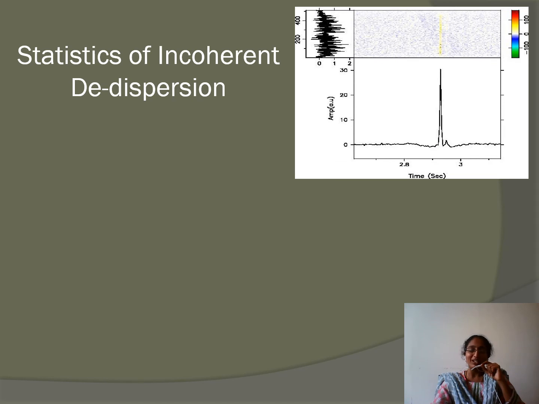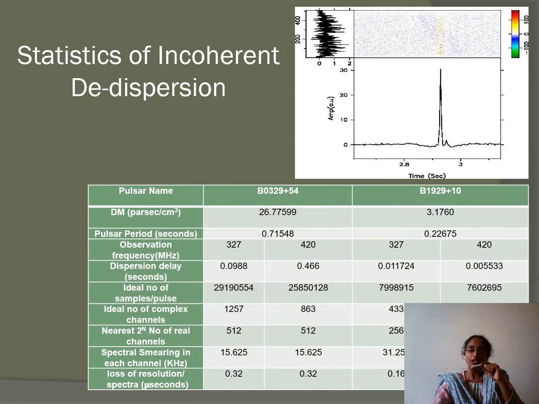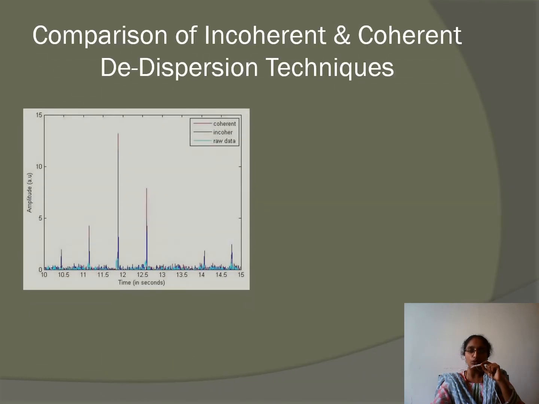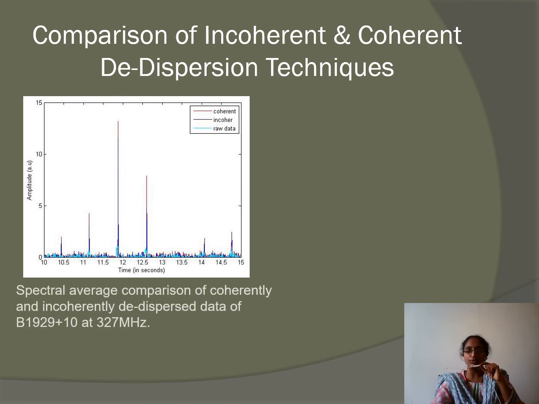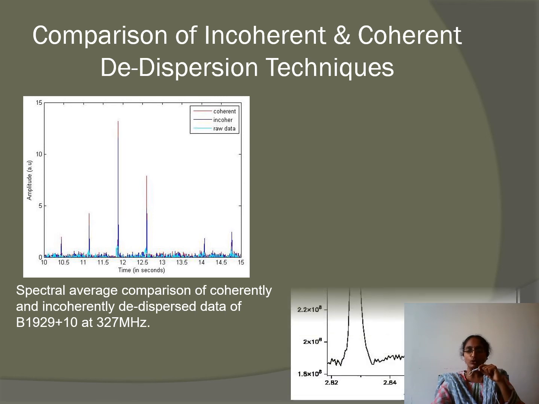So if it is corrected, we will have the perfect peak as you are seeing here, both in the time averages and the spectrum averages. And then I will just show you the video of how it happens, and then you can compare how the signal was in the raw data, how the signal was if you were doing those cheating corrections, how the signal was if you actually correct the signal with the transfer function. This is the comparison of those three.